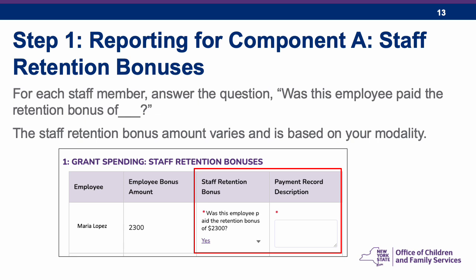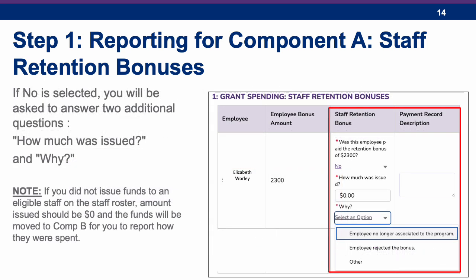For each staff member, answer the question, was this employee paid the retention bonus of? If yes is selected, enter a payment record description. Please note the staff retention bonus amount is based on your modality and may be different from what you see here. If no is selected, you will be asked to answer 2 additional questions: how much was issued, and why. For why, you will be able to select from the following 3 options: employee no longer associated to program, employer